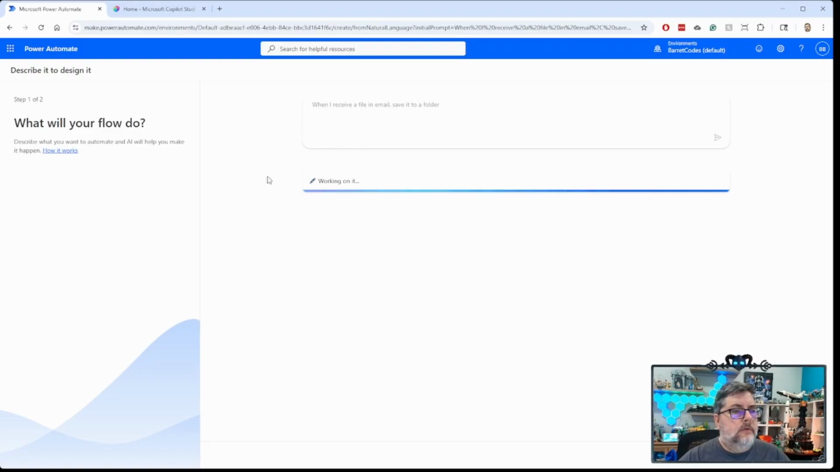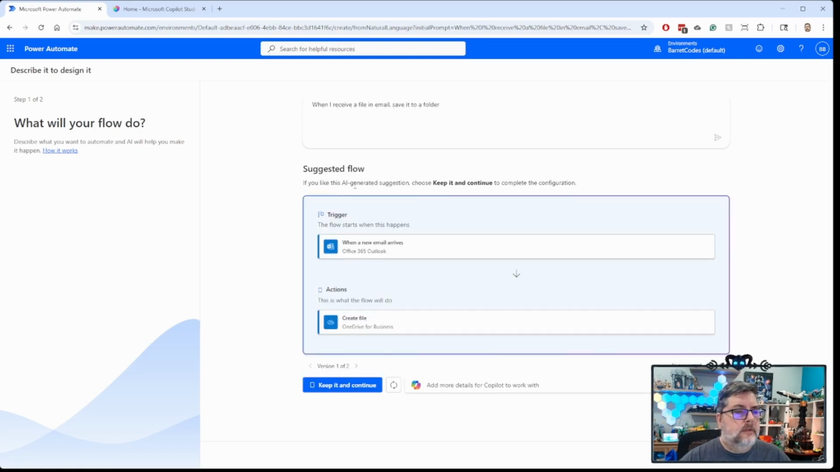And as you can see, what it will do is it'll pop up a screen here. It says working on it. Sometimes it takes a little while, sometimes it's pretty quick. But here you can see we have a result. So we have a trigger, when an email arrives in Office 365 Outlook, actions, it'll create a file in OneDrive